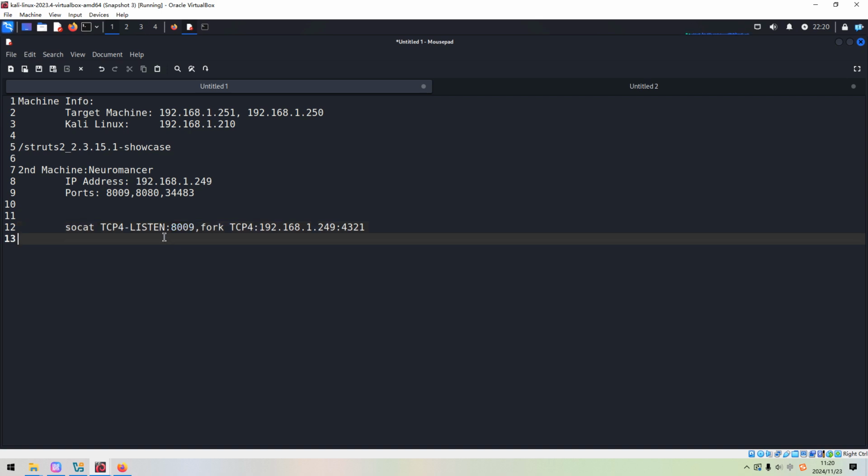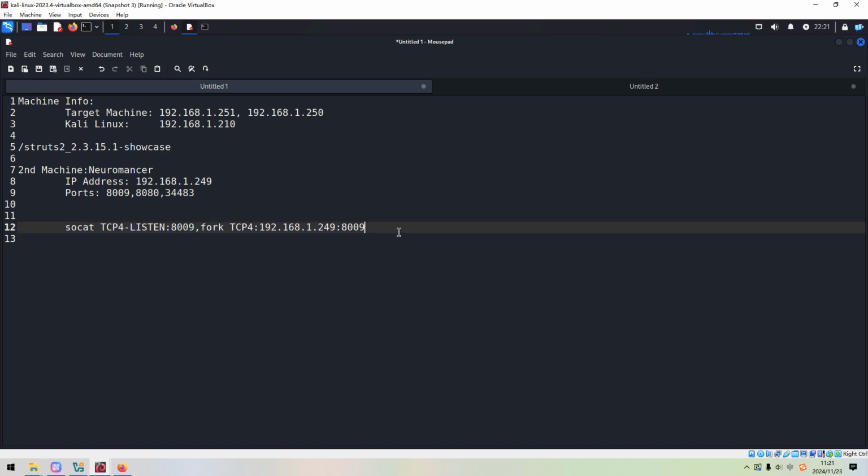If we set up such port forwarding, from Linux we can access this port number, and this traffic would be forwarded to the destination, the second machine, and the port number should be here. Again, you can use any free port number on the first machine.